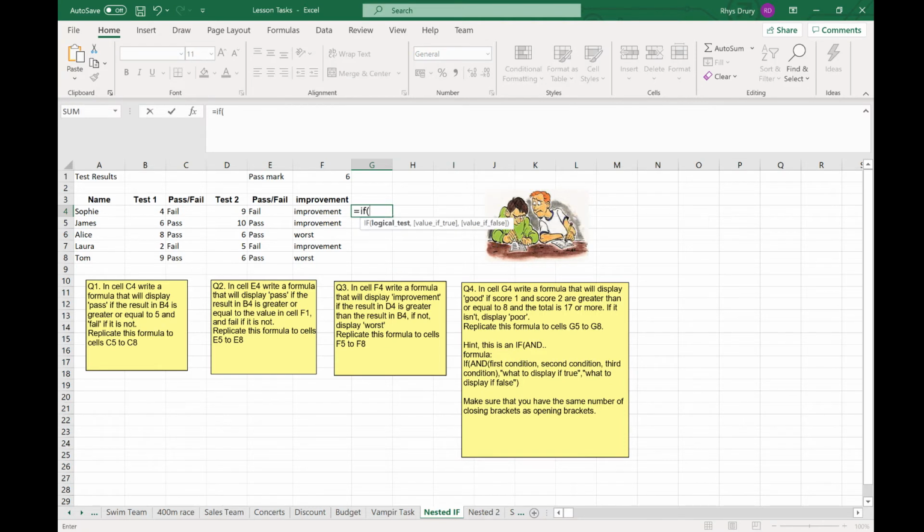So you start with equals if, and then you do and, your brackets, and you do your first logical test. So the first one is score 1 needs to be greater than or equal to 8. Logical 2 is score 2 needs to be greater than or equal to 8. And the last one is both that cell plus that cell need to be 17 or more. So greater than 17. And close brackets there. Now if that's true, we can say good, and if it's not, we can say poor,